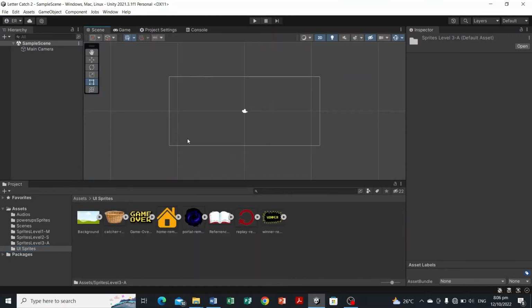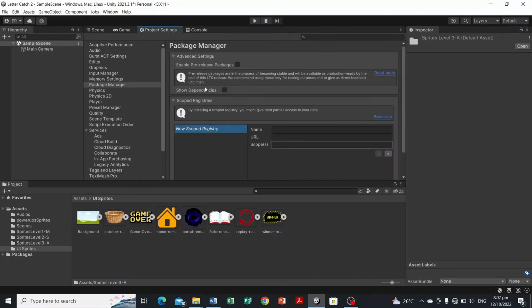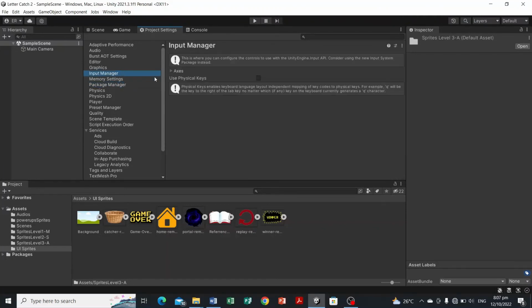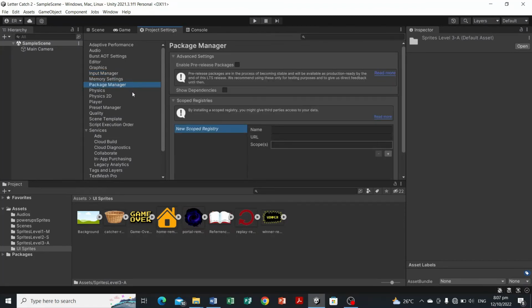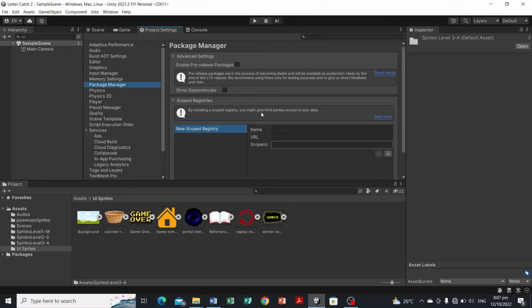Sa scene, dito natin i-build yung game. And dito sa game, dito natin makikita yung action kapag hinit natin yung play button. And the project settings, which will be manipulating only package manager and the input manager. So sa input manager, yung controls ng player, and the package manager, isa lang naman yung i-ano natin sa asset store yung font face ng UI. So ayan,